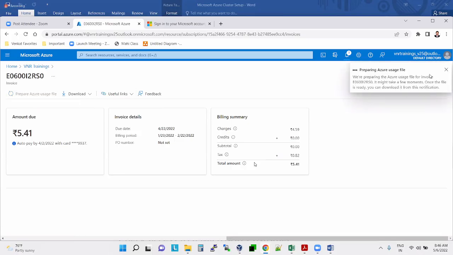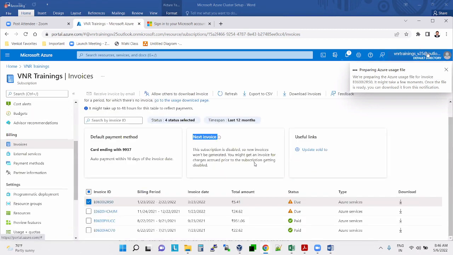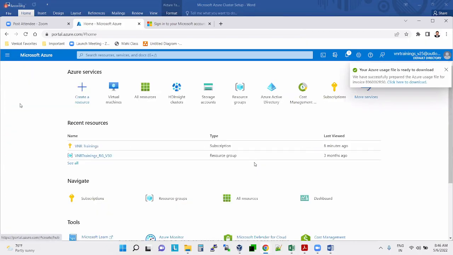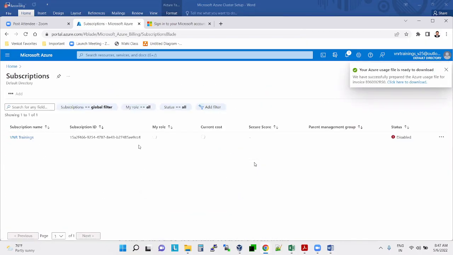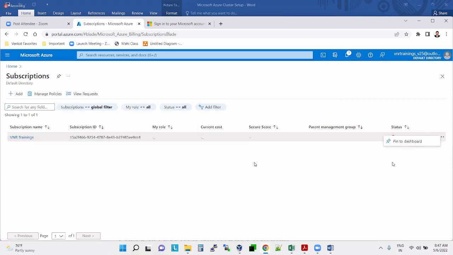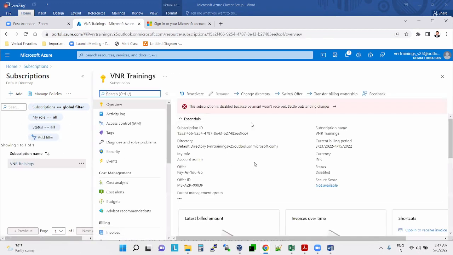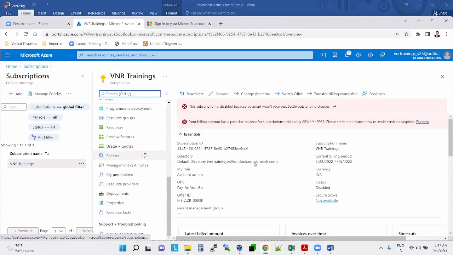Looks like they have disabled the subscription itself. Can you go to the home screen and select the subscription to see if you could renew it? Disabled, it is fine. Current cost is 0. There are 3 dots on the right side. Maybe if you want to create a new account, they give you $200 free for the first 100 days, right?